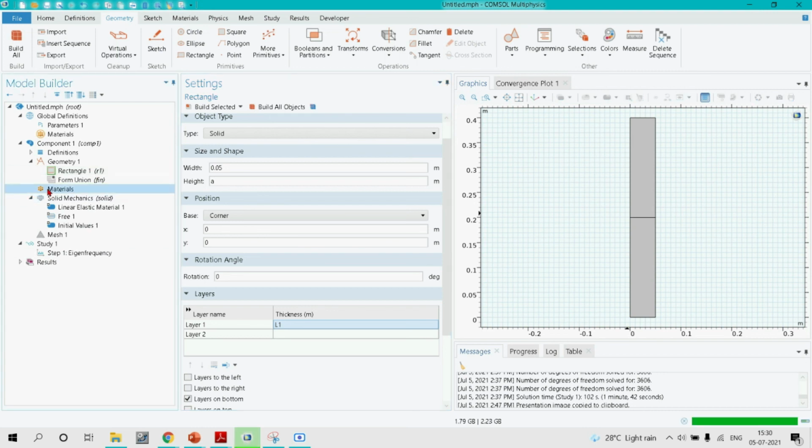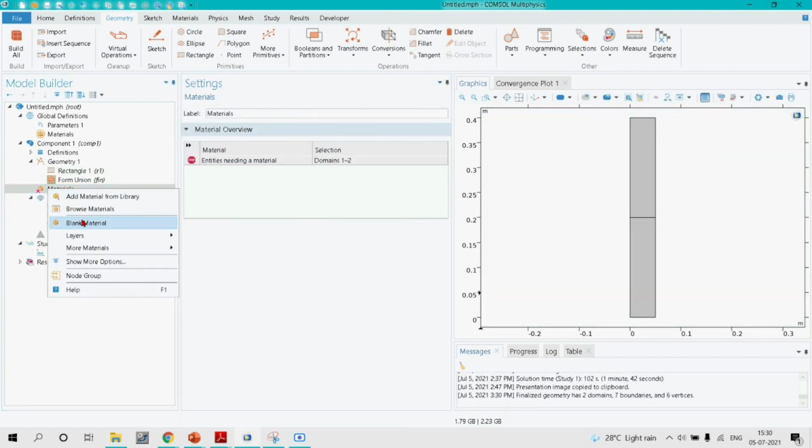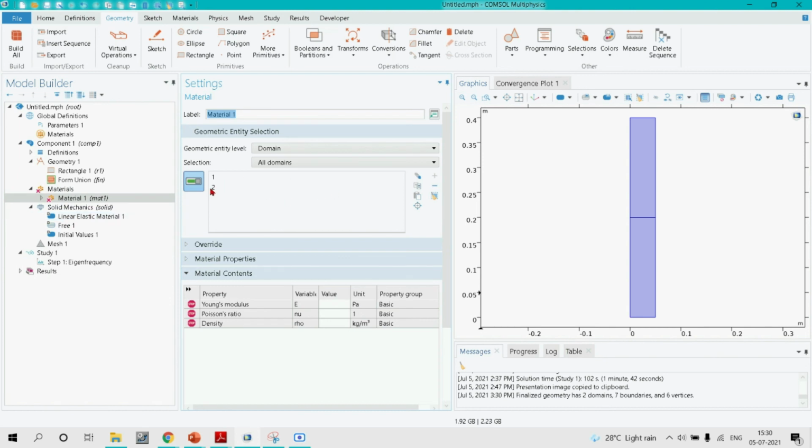Now let's move on to materials. I will right click on material and select blank material, and here both of our layers are already selected. So I will remove both of them in order to avoid any confusion, and select first the concrete, and we have given the concrete properties with subscript 1. So let's put on E1, rho1 and D1. Okay, so our concrete properties have already been defined, and you can name it here concrete in order to avoid confusion. So that's all about concrete.